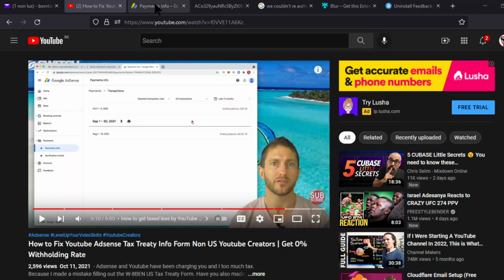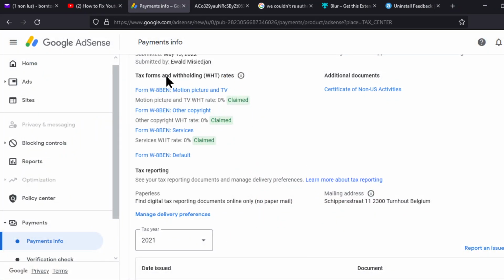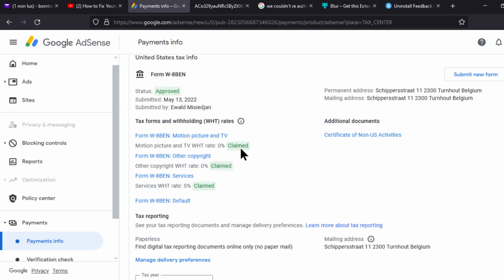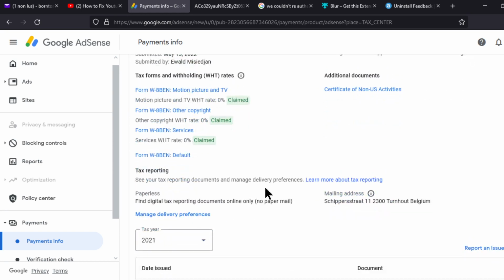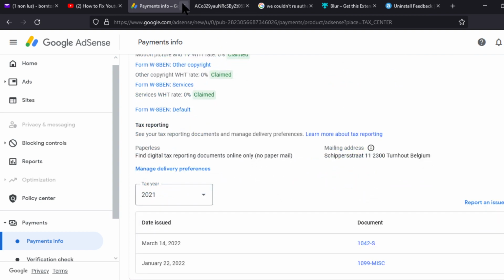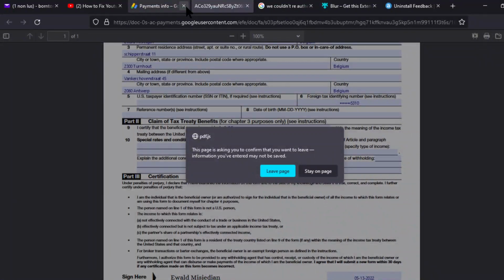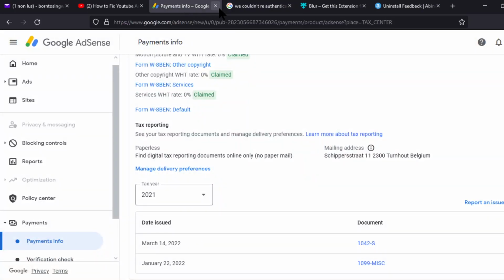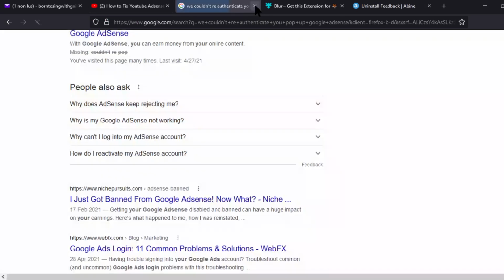We did it. So let's check the form again. Yeah, we succeeded. Approved. Approved. Claim. So no problem right there. So do we just close it out? Yeah, we can close it out. Thank you very much. You're asking to confirm that you want to leave. Yeah, that was an old form. This one is the new one. We've done it and it's perfect. So yes, we solved a big problem. Wow, that was very tough. Yeah, so thank you. We solved the problem.